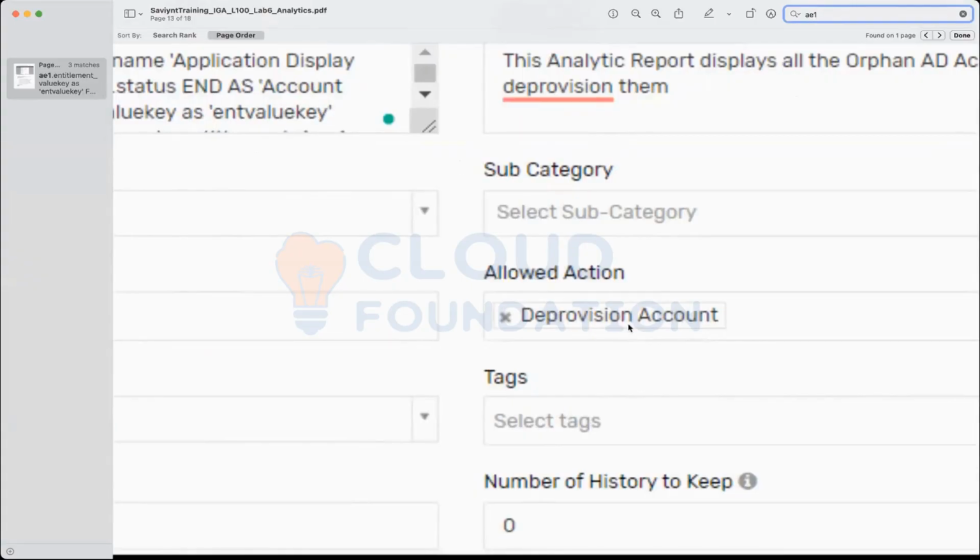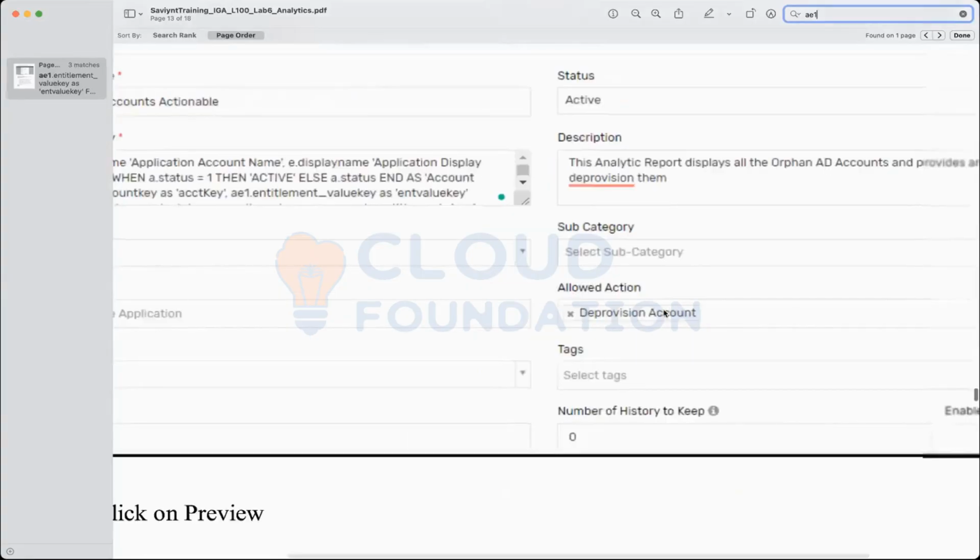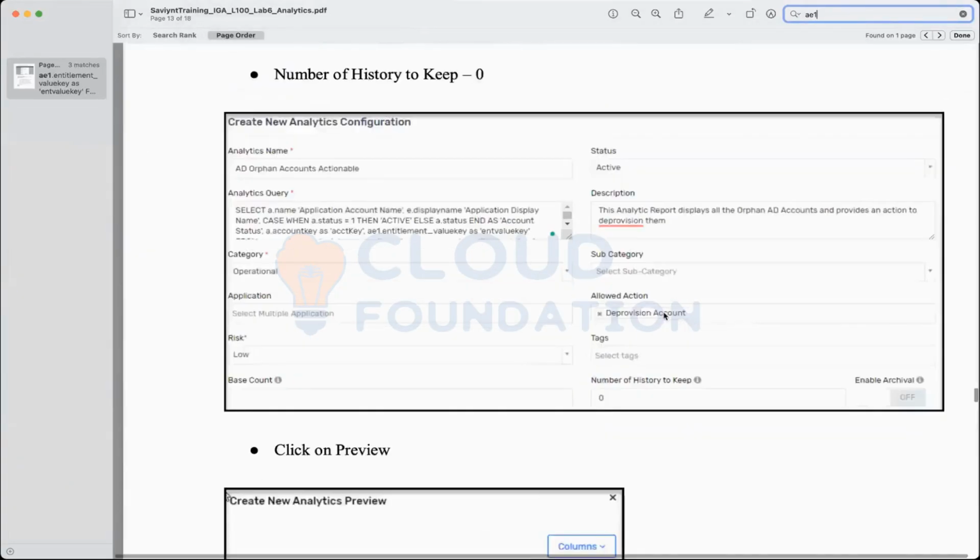Why deprovision account? Because we have decided that if there is an account which is active, but it is not associated to any user's identity, we want to deprovision that account. We want to remove that account from Active Directory itself. Correct? And that's why I mentioned the allowed action as deprovision account. Now what?